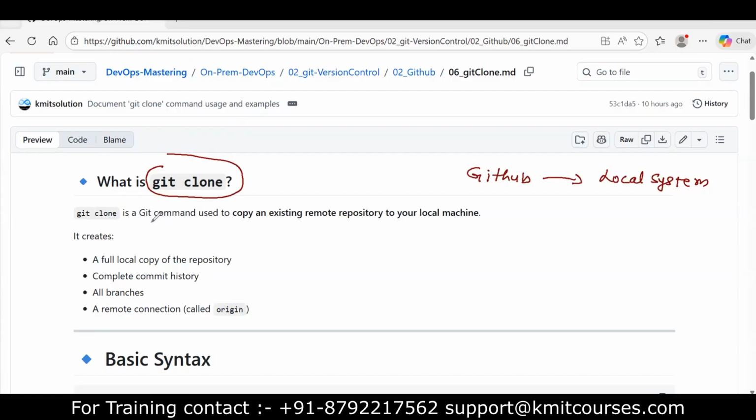So Git clone is a Git command used to copy an existing remote repository to your local machine. So what it will do? It will create a full copy of your repository, complete commit history, all branches, and a remote connection, which is called the origin. Okay, so we will see this practically. So what I'll do here,